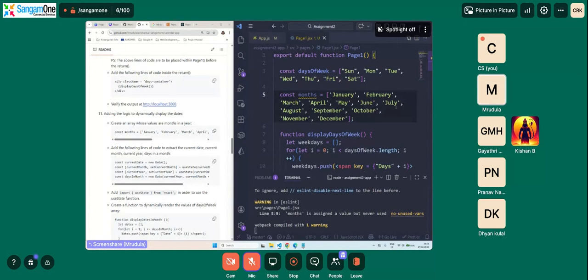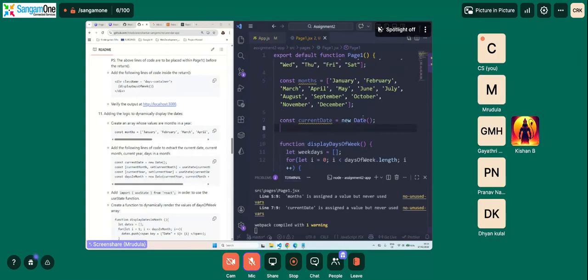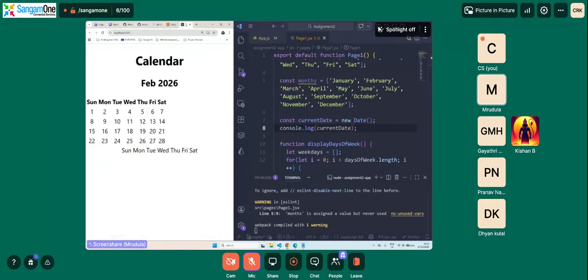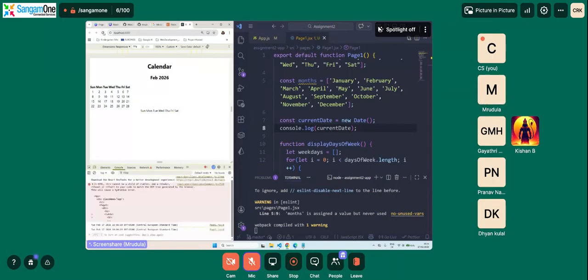So we will say const current date is equal to new Date. Now let us see what exactly it displays. Current date. We will go back to React, right click, inspect, go to console.